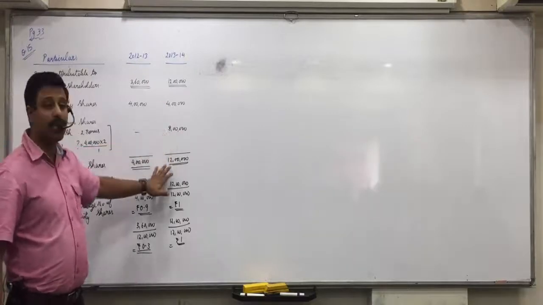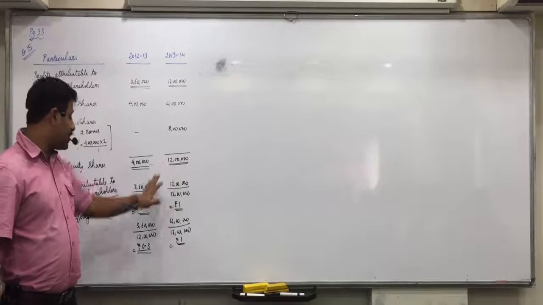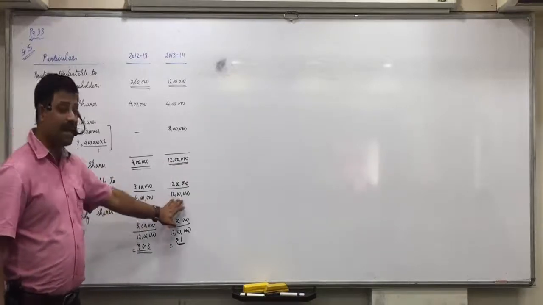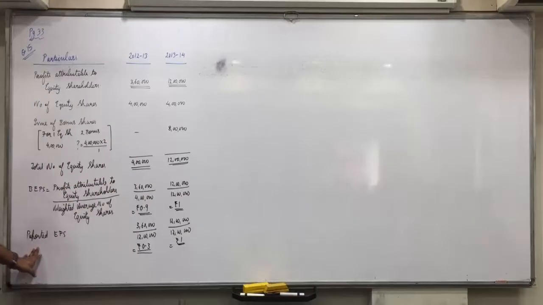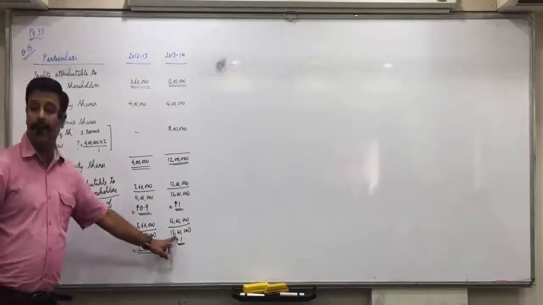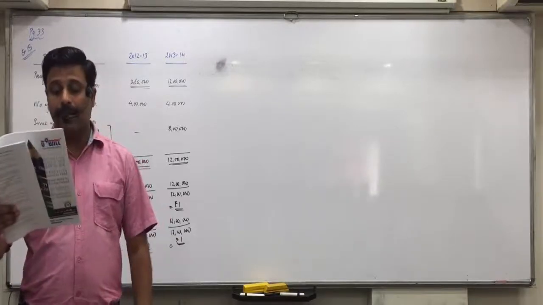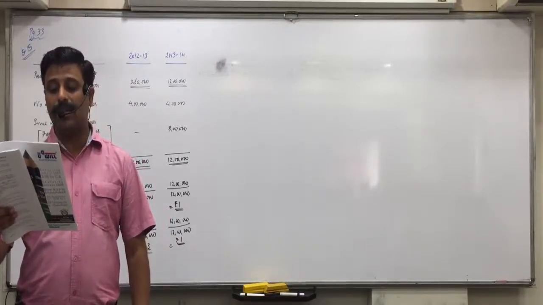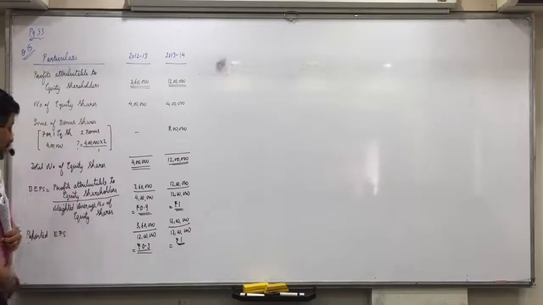Means in the second year what are the total number of shares? 90 lakhs. So actual EPS will be calculated on the basis of 30 lakh and 90 lakh shares. But when you report it to the shareholders, then you report it dividing both of them by 90 lakhs. Did everyone understand this? So calculate basic EPS for the year 10 to 11 and 11 to 12. You'll find 2 EPS, basic EPS also and reported EPS also.